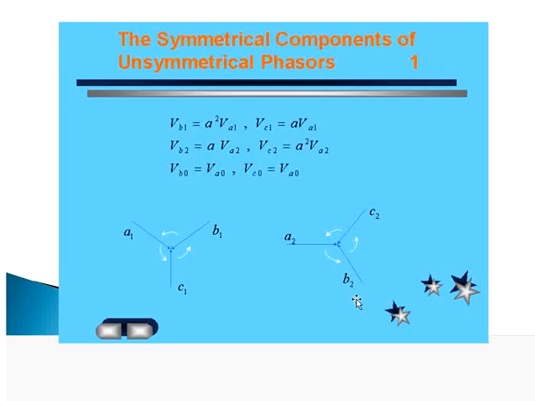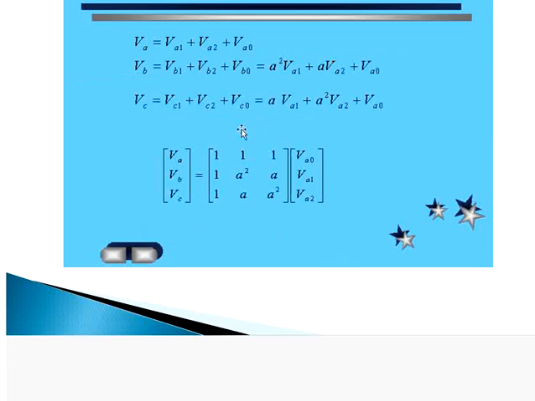In terms of what he had done, he has taken everything in terms of A1 and A2. He had not used A of B and C. His main intention is that the A operator is used to represent everything in terms of any one component, to make the analysis simpler. Now I put this in mathematical matrix form. Again VC equals VC1, VC2, VC0, right? So here VC1 is A into VA1 and VC2 is A square VA2, plus VA0.